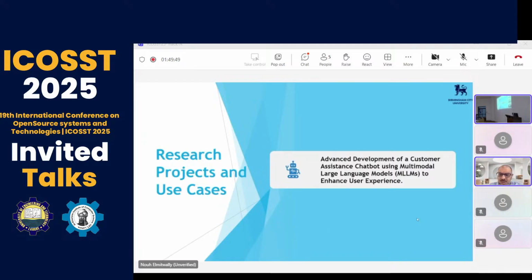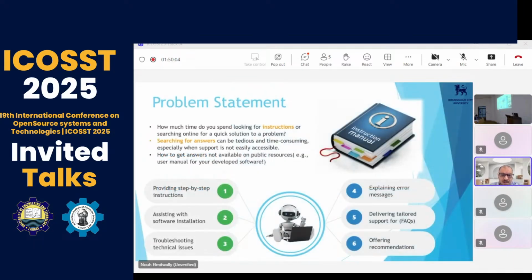The first case study I'm going to introduce is about the advanced development of a customer assistance chatbot using multimodal large language models to enhance user experience. So what is this about actually? And the problem statement for this case study: it can be incredibly tedious and time consuming, especially when the information isn't easily accessible